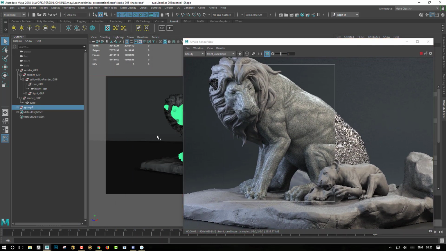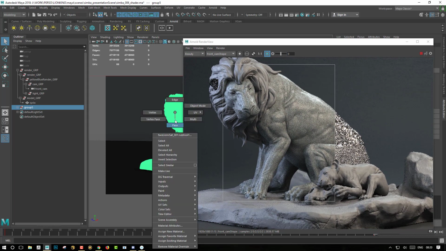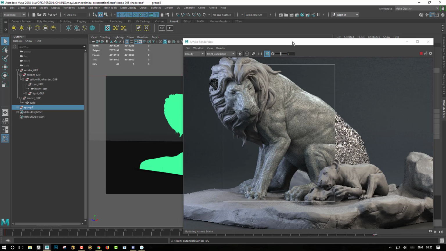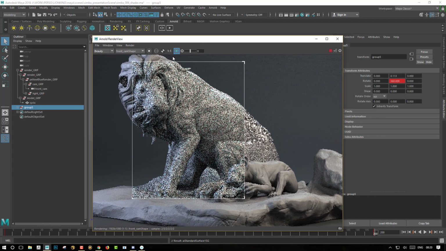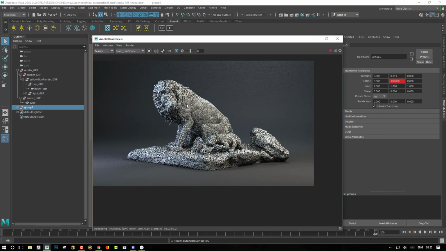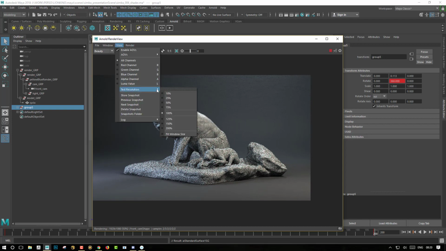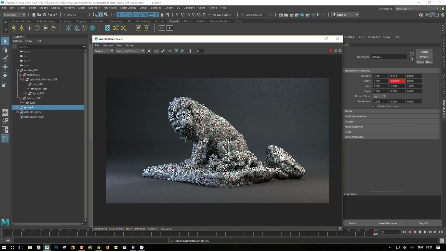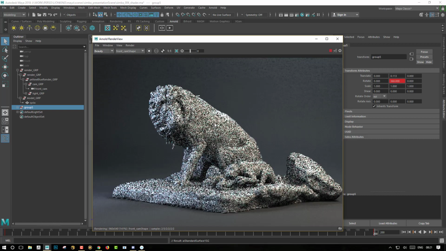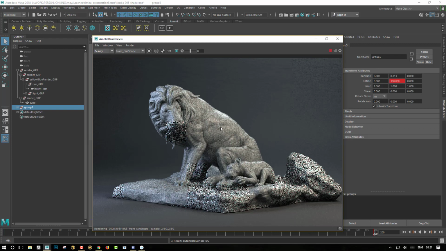So I will just select the whole model, right click, assign existing material, and I will assign my plastic wax shader. And I will be able to show the full result of this render. Maybe I will just do a render in just half of what I have in order to render it more quickly. And once I will be satisfied with what is happening in my scene, I will just need to raise up the samples for the actual render.